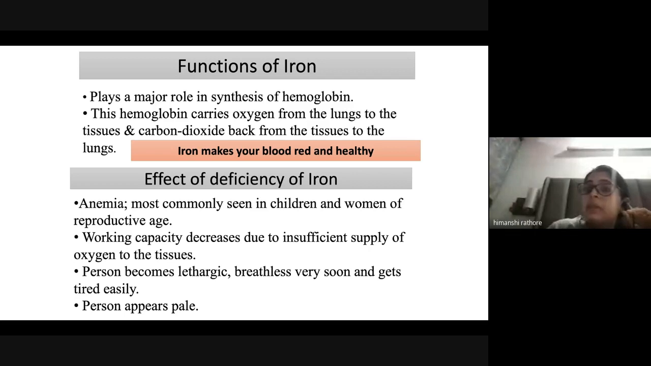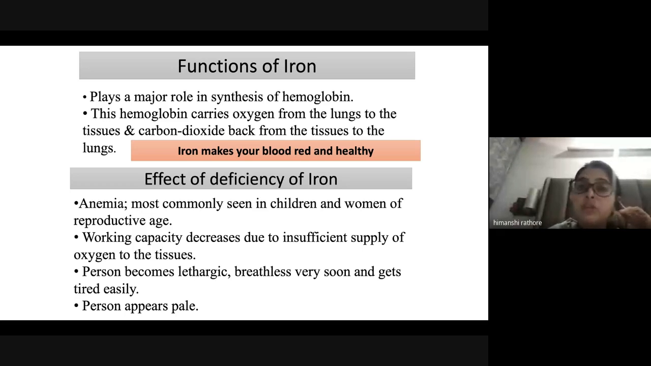Hemoglobin is heme plus globin. Heme is iron, globin is a protein. So you can break down this hemoglobin term. Heme plus globin. Heme is iron and globin is a protein. So in the body, iron is required for the synthesizing of hemoglobin, which